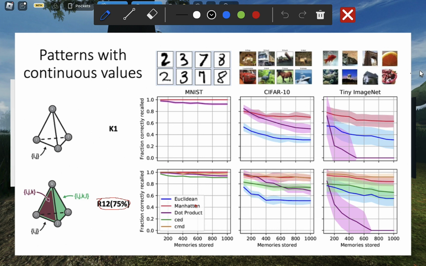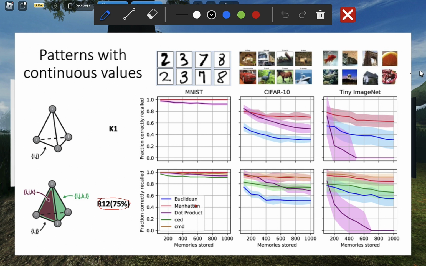And yeah, all these different colored lines are basically different distance functions. Maybe we don't have time to discuss that in detail, but it's in the paper. Basically, this is inspired by the paper called Universal Associative Memory Networks. They tested different distance functions, basically different geometries in the space, and it showed that Manhattan distances